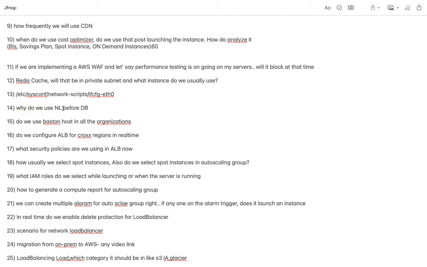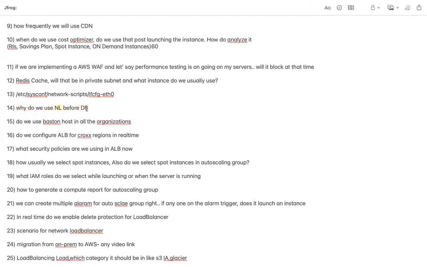Over here, we just need to bifurcate the traffic. We need to distribute the load among different database instances. We are not going to inspect the particular protocol, the headers, or a specific type of query here. So we are not analyzing the application type or the request headers. We are just routing the load. That is why we use a network load balancer before databases.